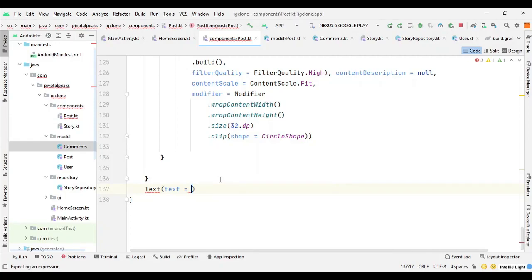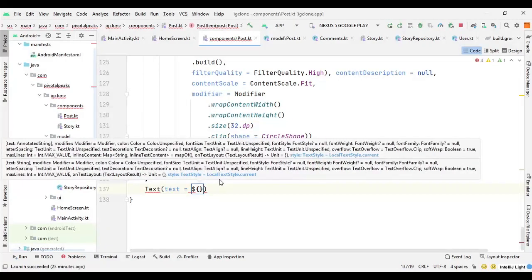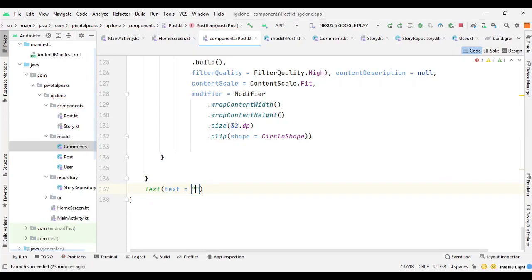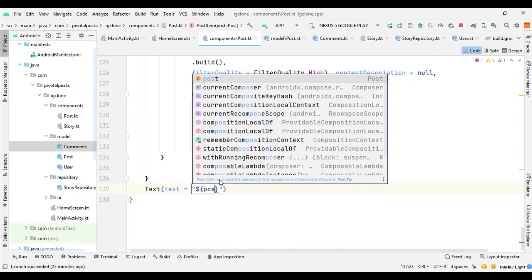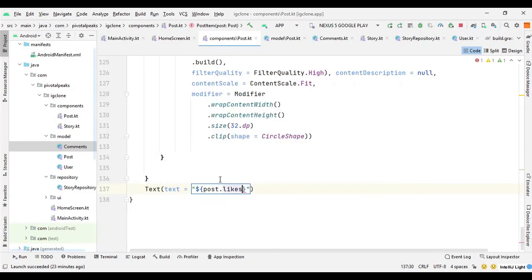And for text we can simply pass the dollar sign here and call a function. We need to put it under double quotes, and here we can say post dot likes. So it will display how many likes there are, and let's give it a color.